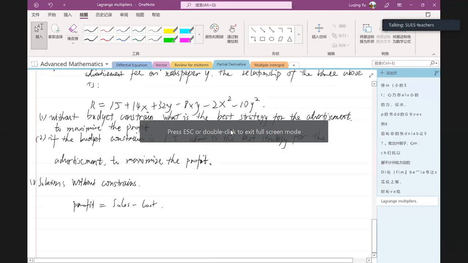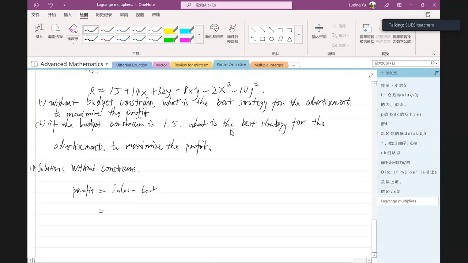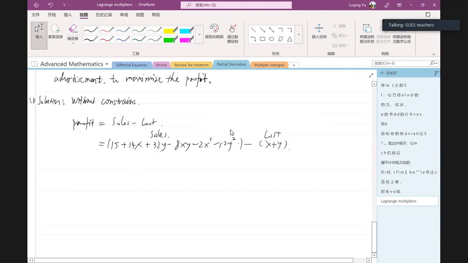Sales is R. R is equal to 15 plus 14x plus 32y minus 8xy minus 2x squared minus 10y squared. This part is the sales. Then we are going to minus the cost. The cost is x plus y. Then we are finding the local maximum or the local minimum